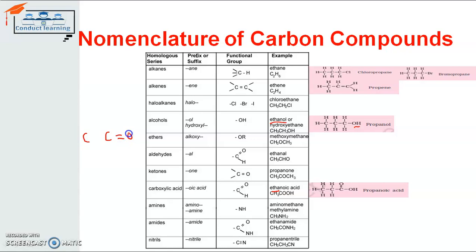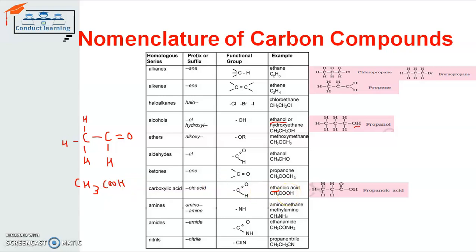So the already existing carbon atom in the functional group will have the bond like that. So it completes all bonding, or all sharing of electrons, here. This carbon atom is in the functional group, so it will share 2 electrons with the oxygen, 1 electron with the hydrogen, and 1 electron with this first carbon atom. So this carbon atom is only left with 3 electrons, so it will share 3 electrons with 3 different hydrogen atoms, and the chemical formula for it becomes CH3COOH. So this is the chemical formula.